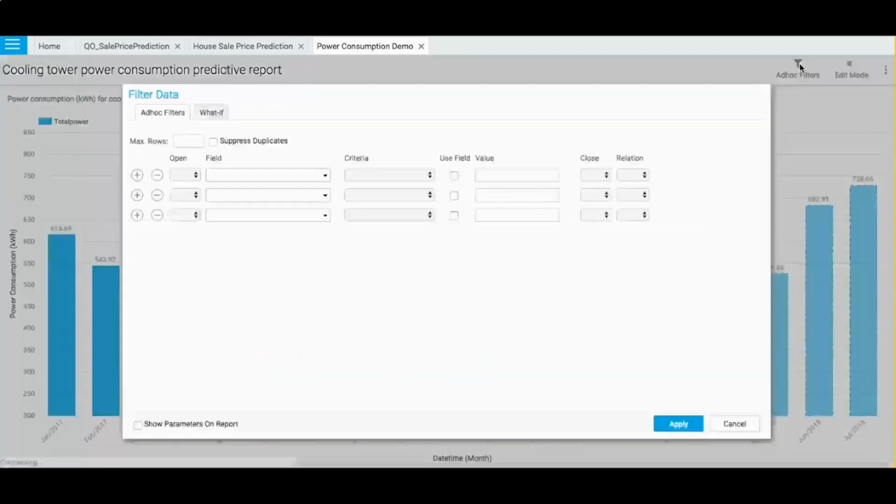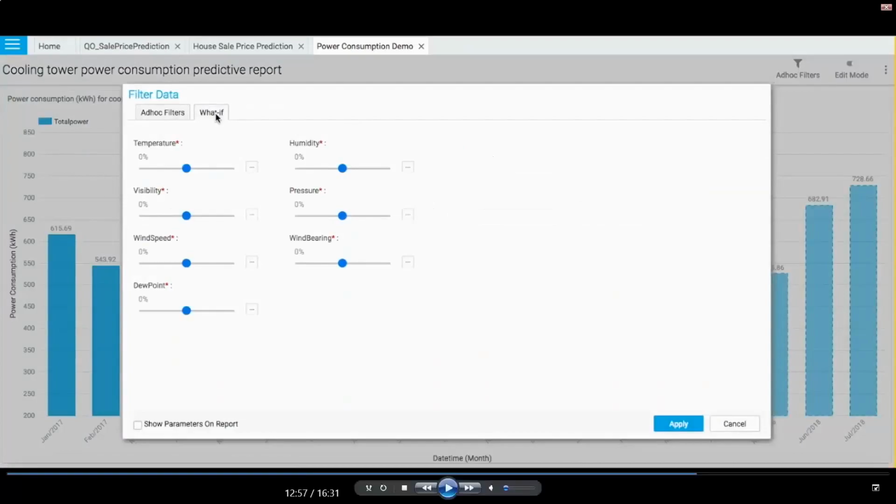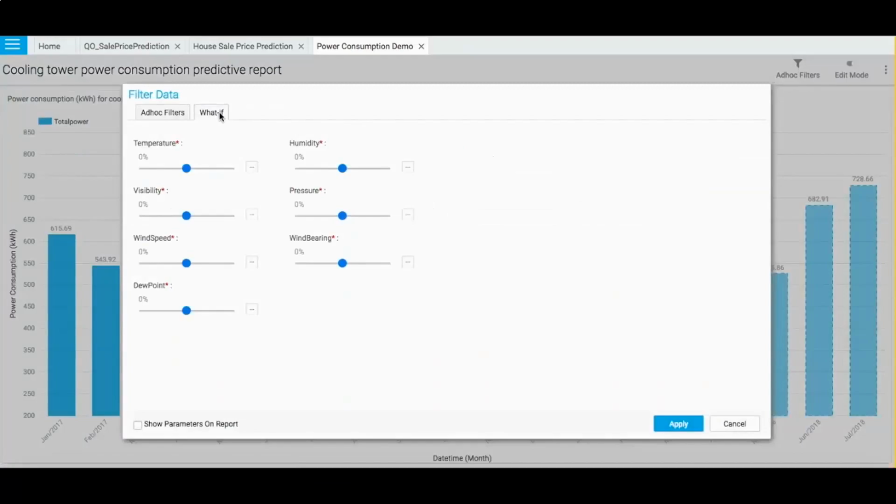Now, once that is the fact, I may need to tweak the self-predicted values. That's when the what-if analysis comes. So if you see here, these are 7 different variables that have been used. We saw that the wind speed, dew point, and temperature were the important factors that affected the power consumption. So let me tweak these.